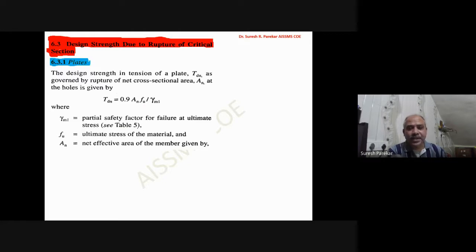We should know all the tables. Table 1 we have, that is properties of materials. Table 2, that is width to thickness ratio. And from this we come to know the classification of section, that is plastic, compact or semi-compact. Then table 3, which is effective slenderness ratio, then 4 and 5, these are for partial safety factors. First for load, second for materials, and that is given here as partial safety factor gamma M1.